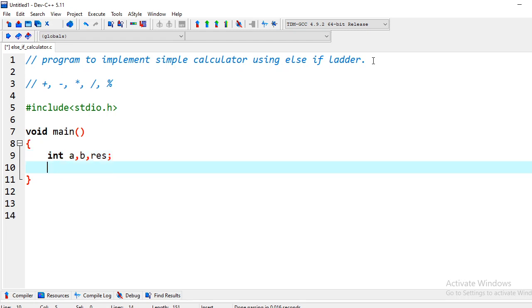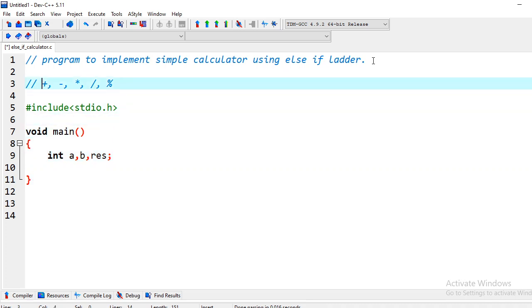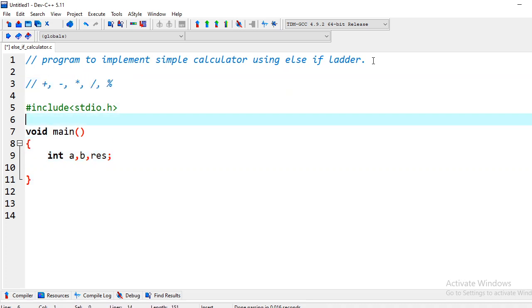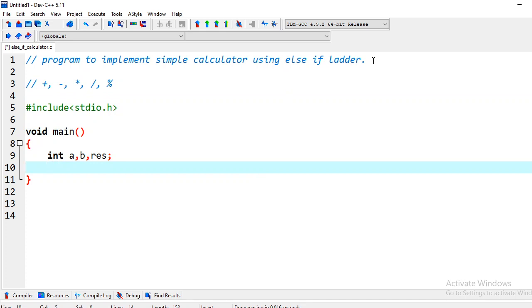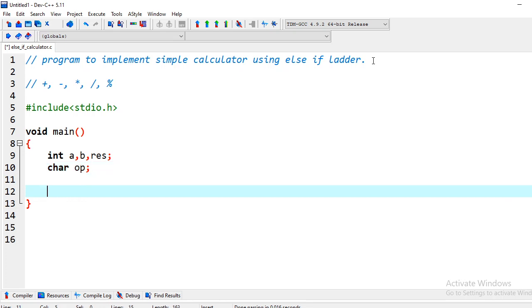After that, we will also take a character as the input. So 5 options are available for us, right? We have 5 available options, but we can only use one option at a time. So we will ask the user which operator he wants to use, right? Since these operators are characters, you cannot declare int, float, or double for these variables. So we will declare the char data type, and we will declare the op variable, right?